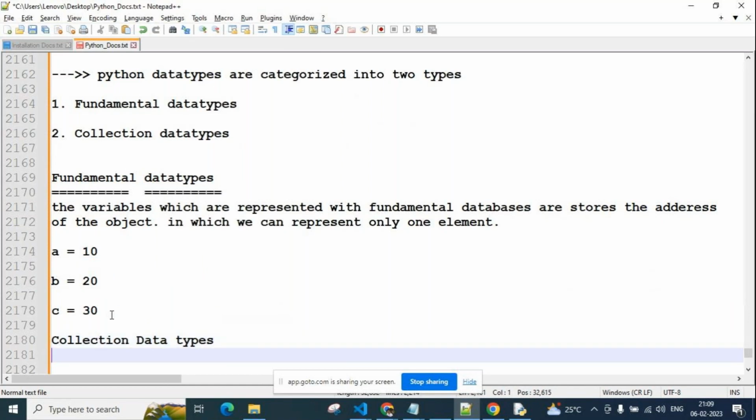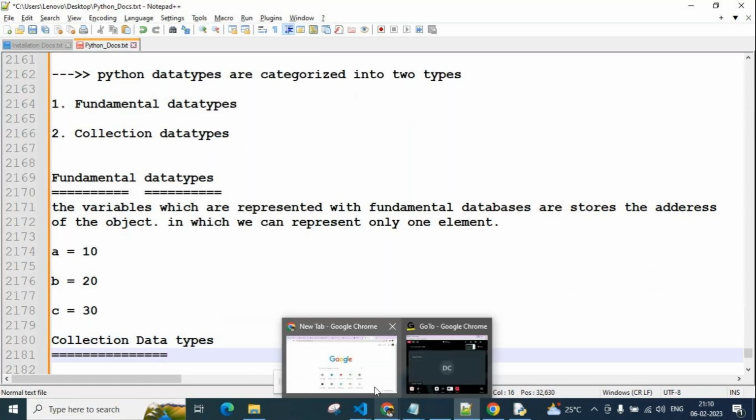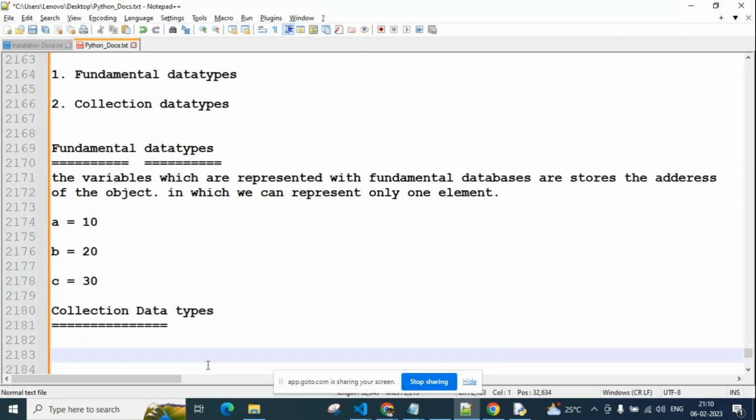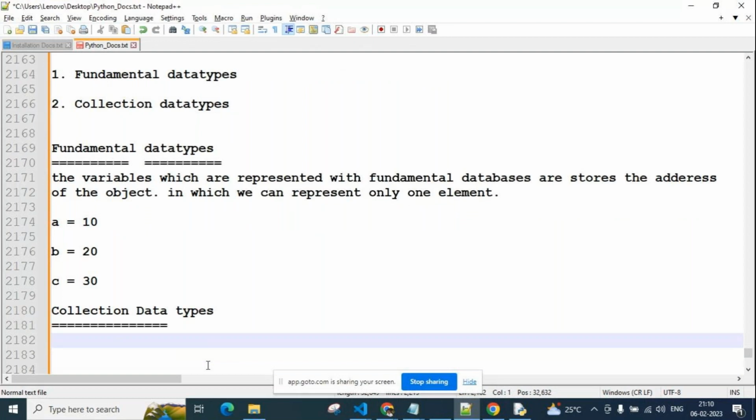Collection data types. So we are in the starting stage, so don't worry, we are going a little slow, slowly we will discuss more speedily. Okay, we can increase our speed.